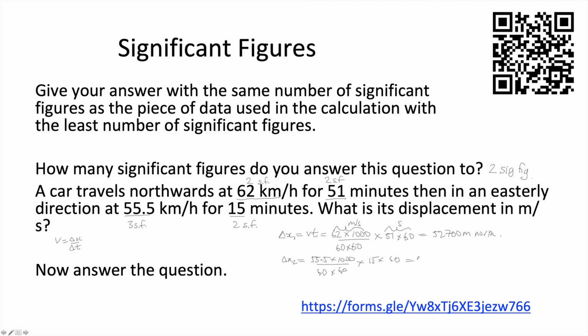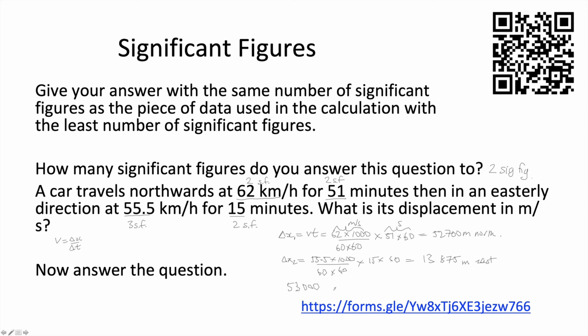And solving that, we get 13,875 meters, and in this case this is going in an easterly direction, east. So that has not answered it to two significant figures yet. It doesn't tell us if we have to answer it in unit vector notation or with a magnitude and direction. So if we wanted to do it in unit vector notation, we would write our answer as